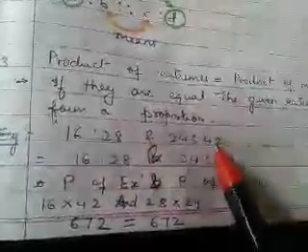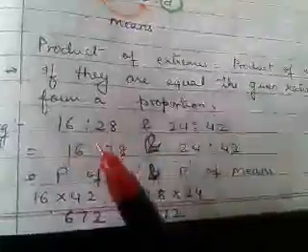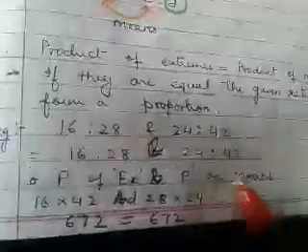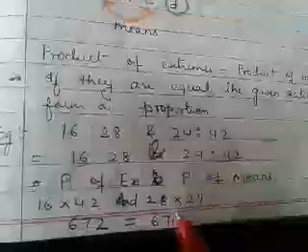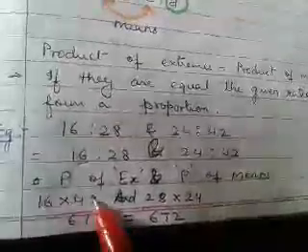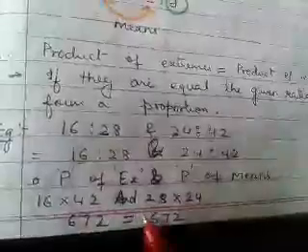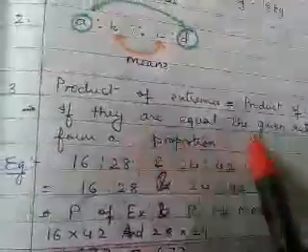So here if we take this example, we don't know whether they are in proportion or not. Proportion or not means whether they are equal or not. So let's see. Product of extremes is equal to product of means. So 16 and 42, these two are extremes. So 16 multiplied by 42 and 28 multiplied by 24. After multiplication we get the product, that is 672, 672. So 672 is equal to 672, which means that they are in proportion. So when two ratios are equal, then we say that they are in proportion. So this, product of extremes is equal to product of means, is the soul of the proportion chapter.